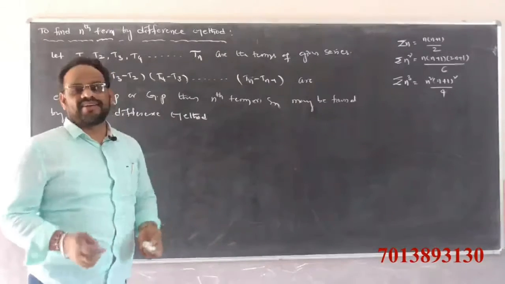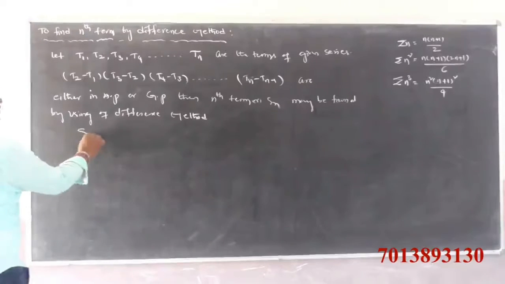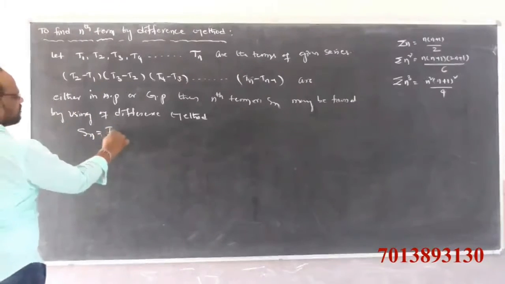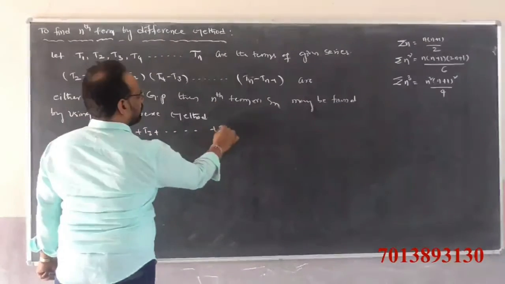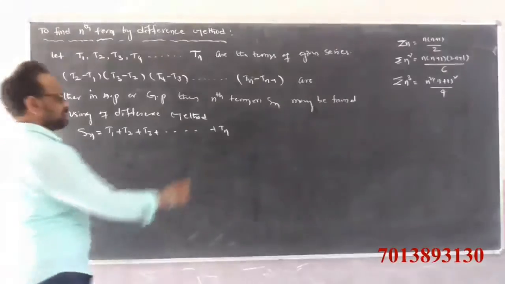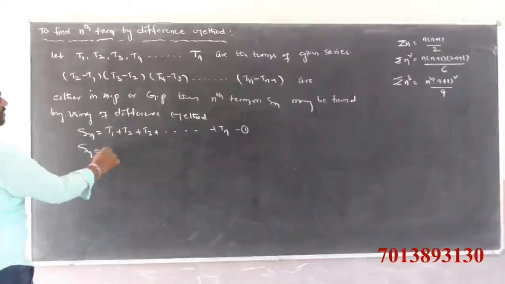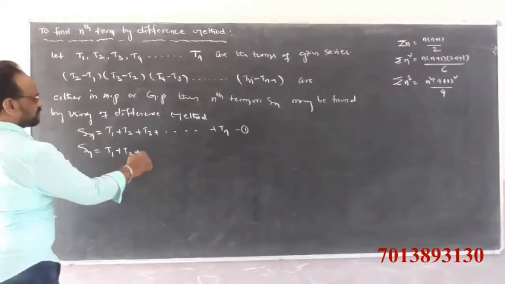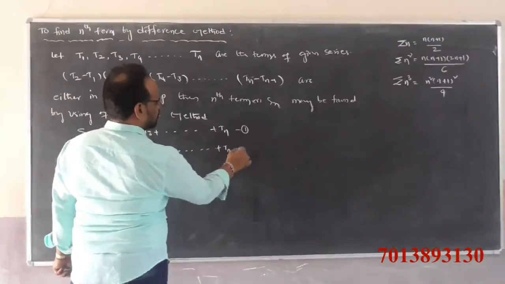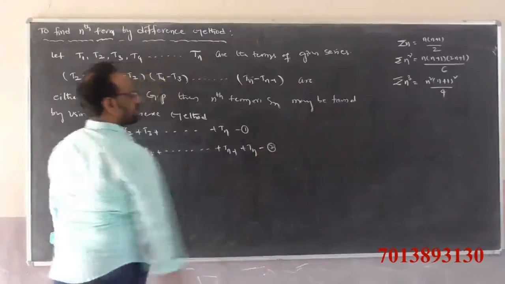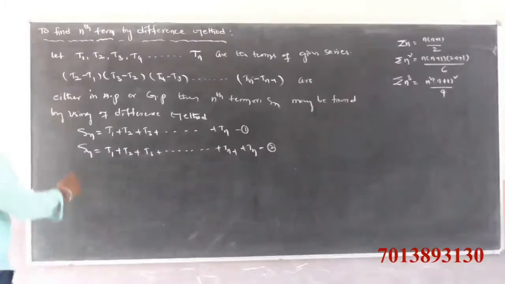method. So how to find the nth term Tn? First of all, Sn, the sum of n terms, is T1 plus T2 plus T3 and so on up to Tn. This is equation number 1. Second equation, write again Sn is equal to T1 plus T2 plus T3 and so on plus Tn minus 1 plus Tn. This is equation number 2. The term before Tn is Tn minus 1. If you do 1 minus